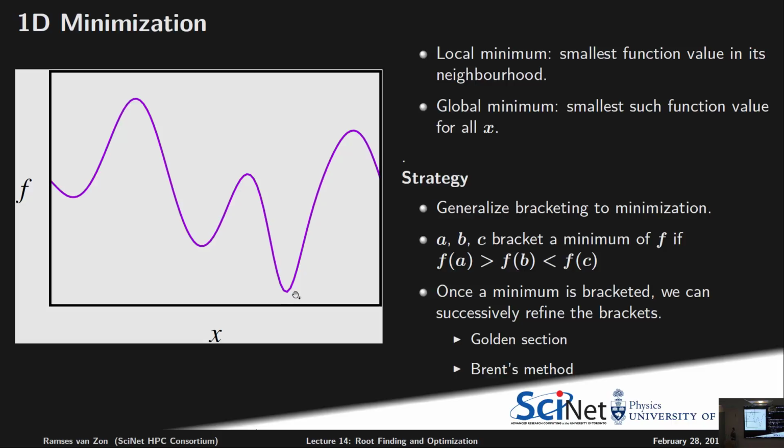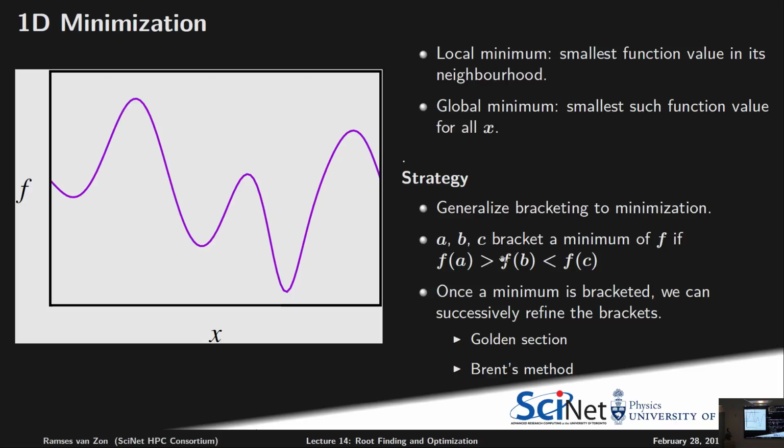And it's going to be kind of a generalization of this bracketing idea in root finding. But this time we are going to use 3 points, A, B, and C. And rather than having a sign change, we're going to have a direction change. Going from A to B should go down, and from B to C should go up. It's kind of a sign change of the derivative, except we're not using derivatives, so we're just using the function value. Now, once we have such a bracket, and that means we have to find 3 points in this case,